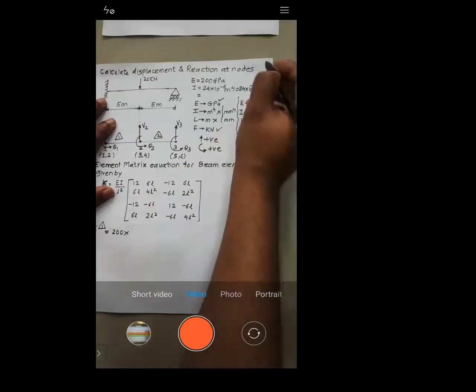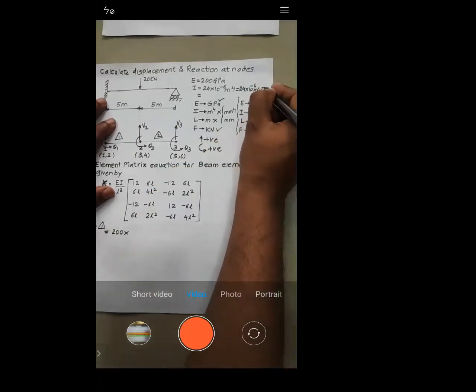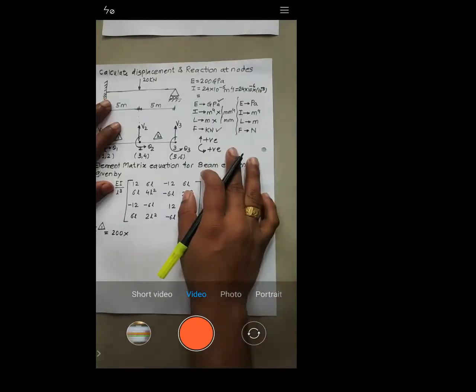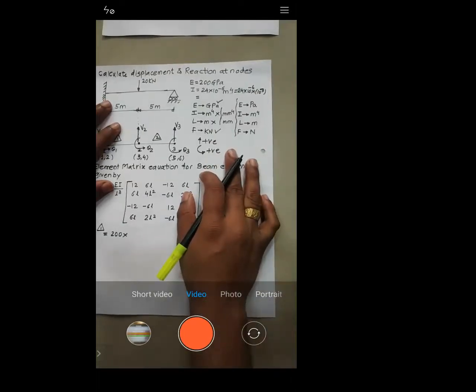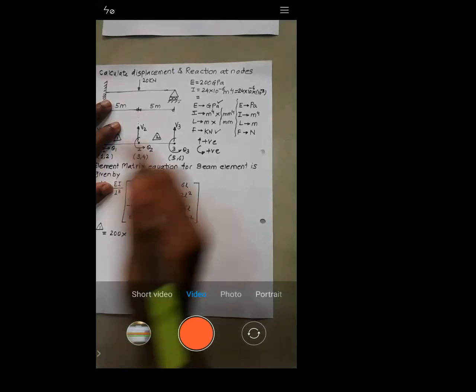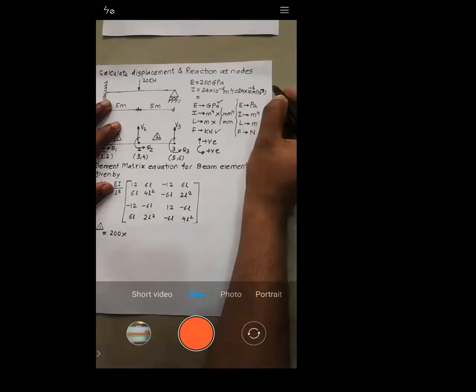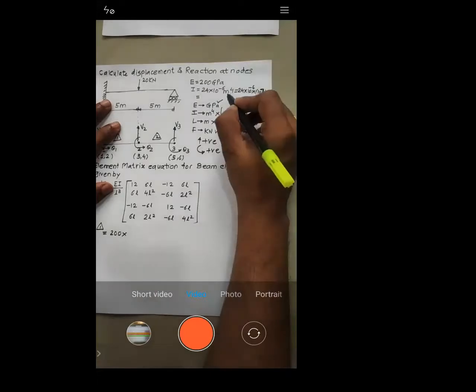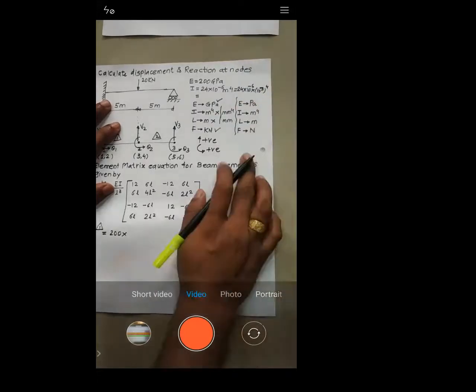How to convert meter into mm? 10 raised to 3. Tell me how to do that. You have meter. How will you do it in mm? 10 raised to minus 3? No, mm is plus 10 raised to power 3. You tell me a single answer which is correct. Multiply by 1000. Right? It is multiplied by 10 raised to power 3. But it is meter raised to power 4.